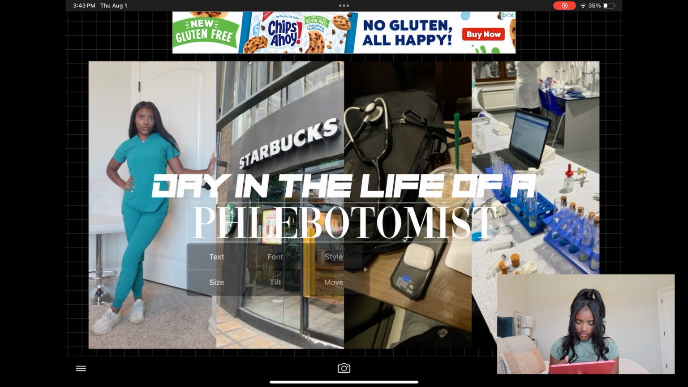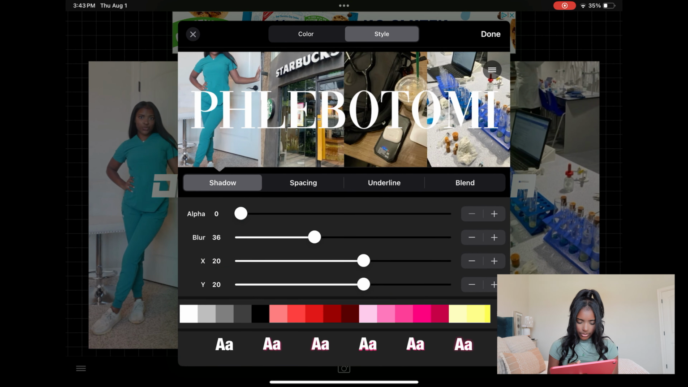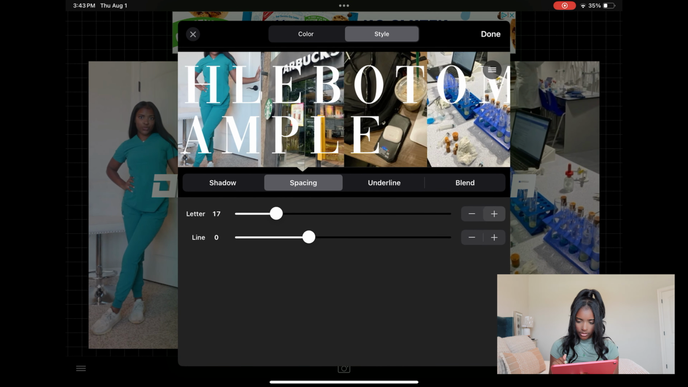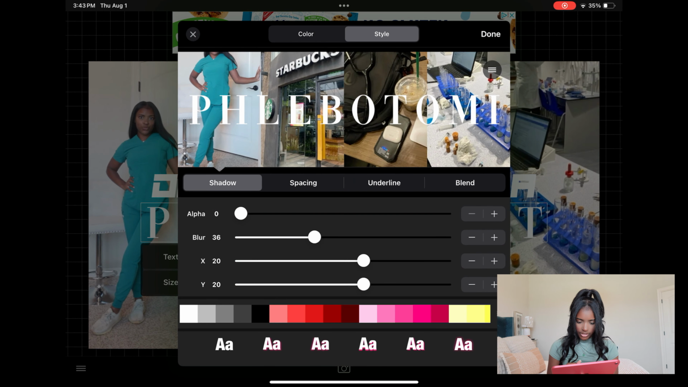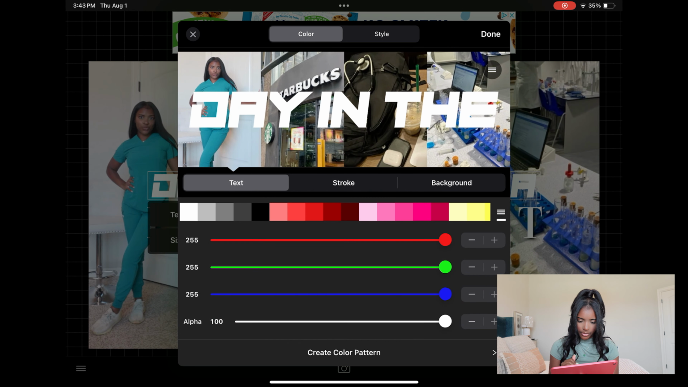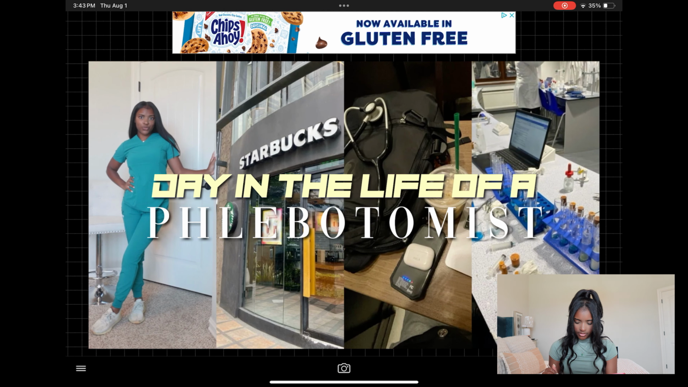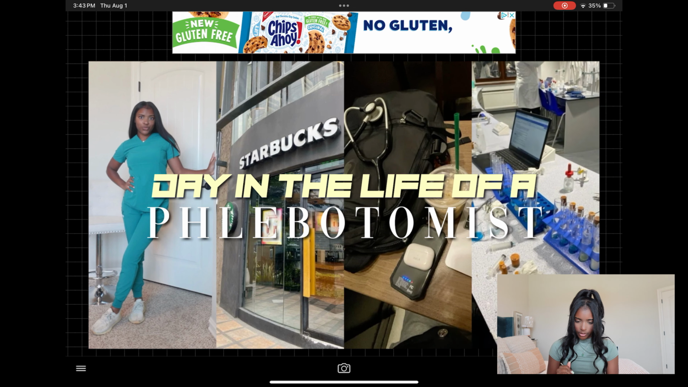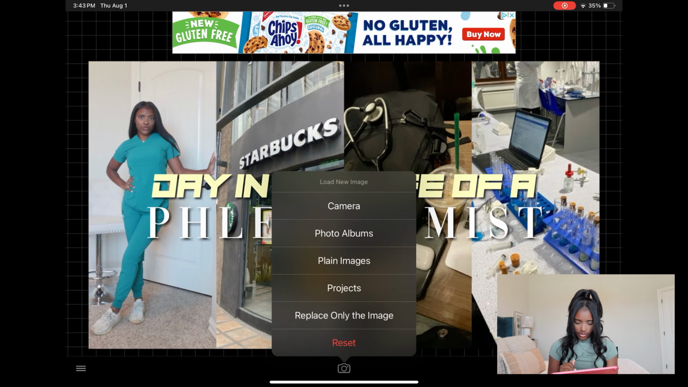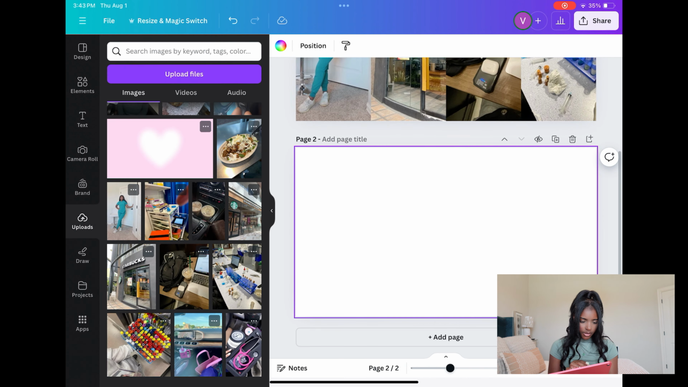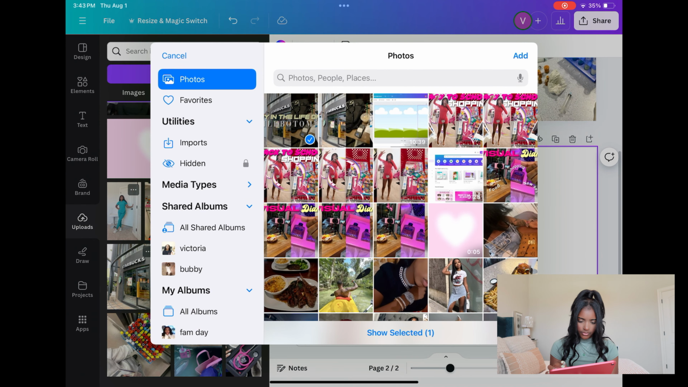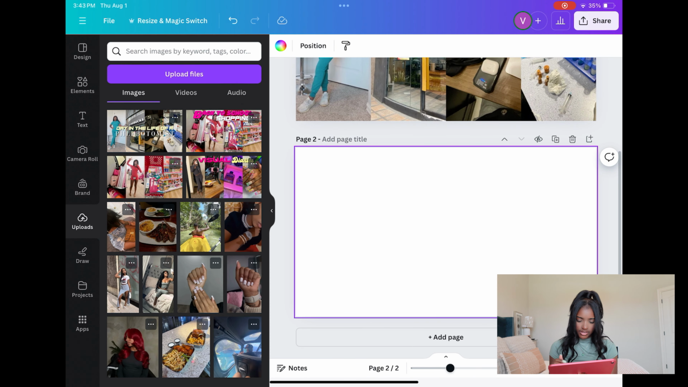Put it in the middle, and then I'm going to space out the letters, make them a little bit wider. Like that, perfect. And I'm gonna add my drop shadow here, of course, and my drop shadow here, and then I'm gonna change the color to like a light yellow kind of. And now we can save this to our camera roll and go back to Canva, add our page here, upload our text version of our collage,